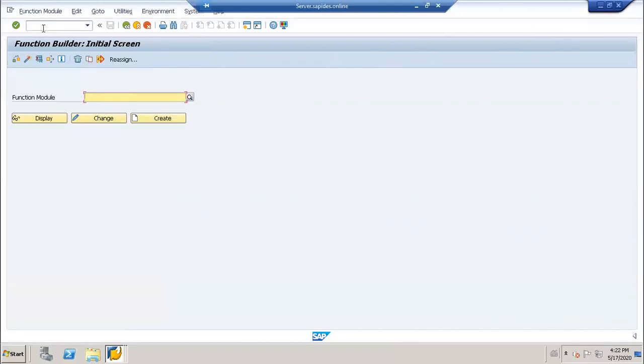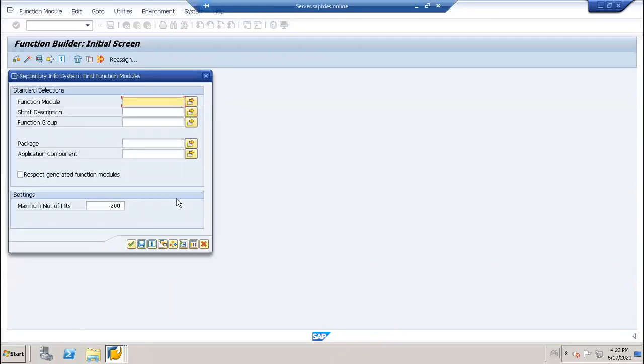Instead of that, what you need to do is press F4.